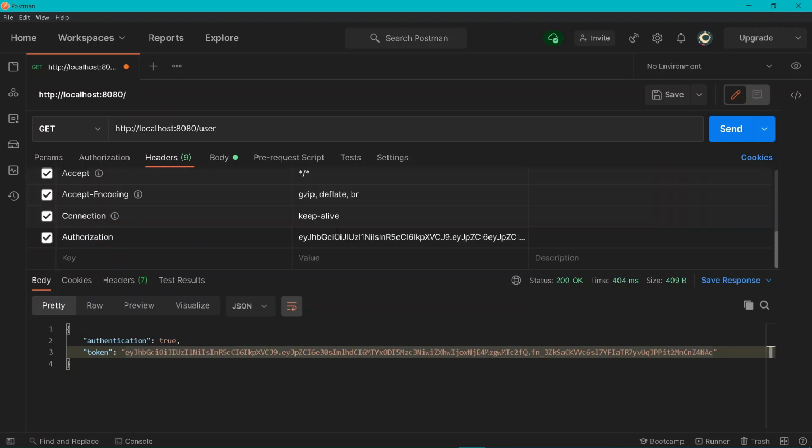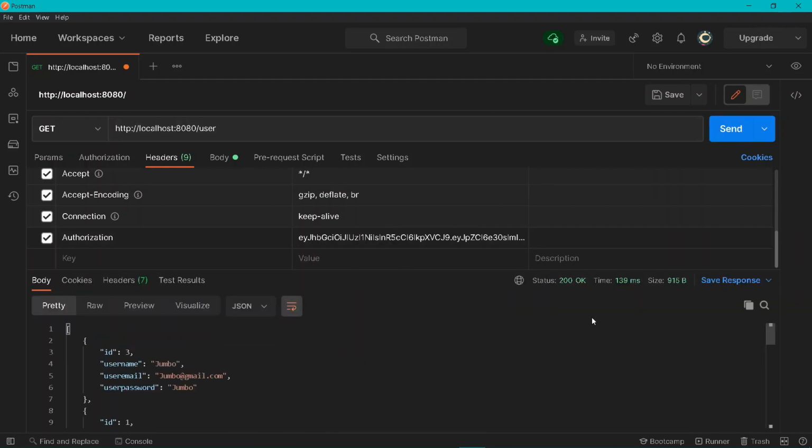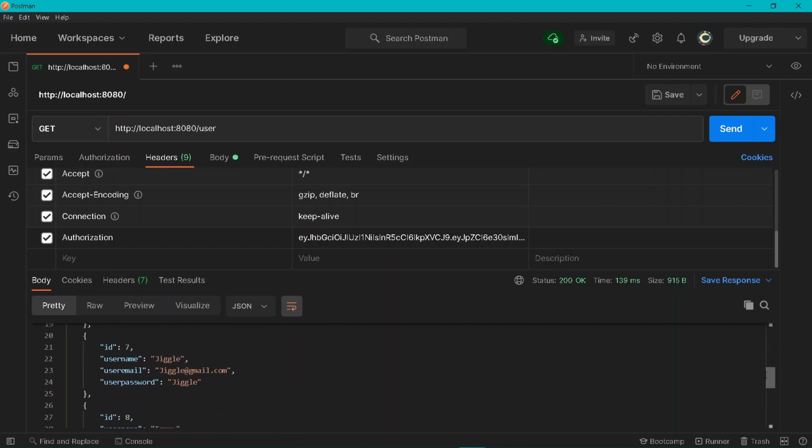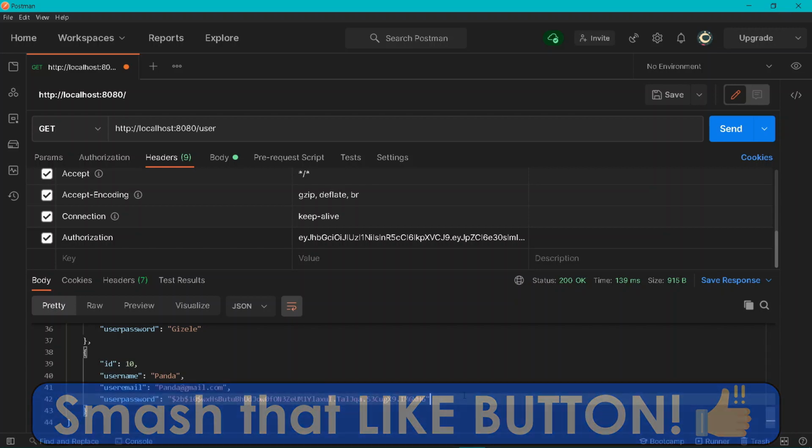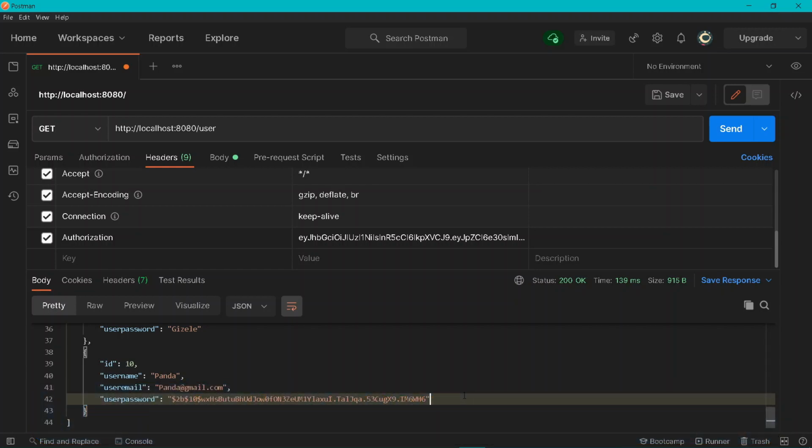And under headers, you should be adding a new JSON Web Token, which is this token. So let's copy the following thing here, paste it here, and now let's send a GET request. Cool, so we are sending all of our data, and if I go down, you can see under our panda, we have got our user password, which is encrypted under the following hash, which has the following salt rounds of 10. So congratulations, we have done a great job. We are now successfully able to hash the user password and send it to our database.